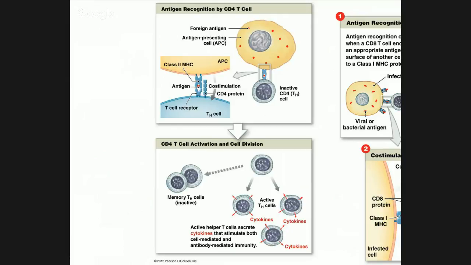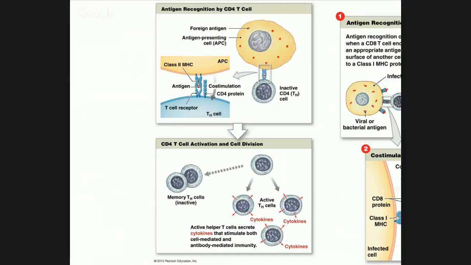So far, when I've been talking about the molecules that specifically recognize antigens, I've been saying antibodies. Antibodies are made by B cells, and they are secreted into the plasma. They're a type of plasma protein. T cells don't make antibodies, instead they make T cell receptors. The two things are very, very similar. I mean, they're different proteins, but they're similar in that they have antigen binding sites on them that will specifically recognize the three-dimensional shape of